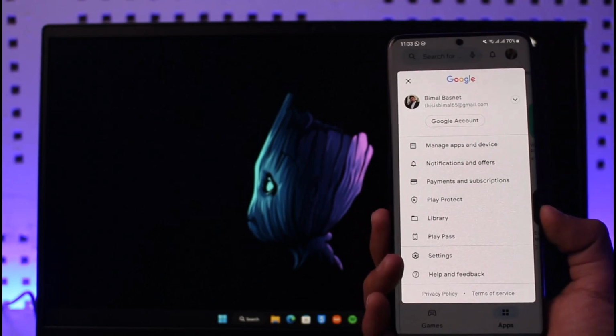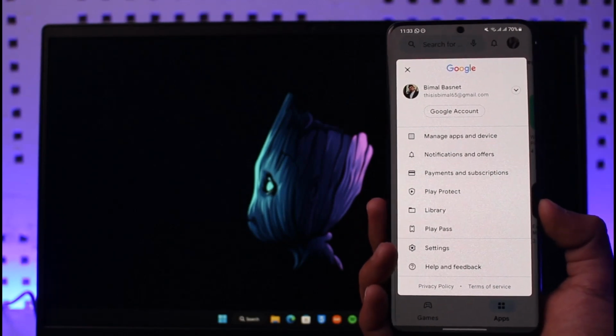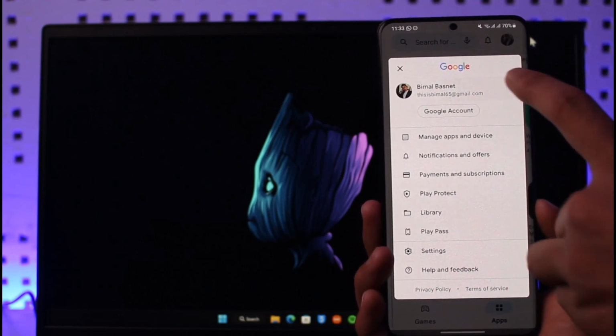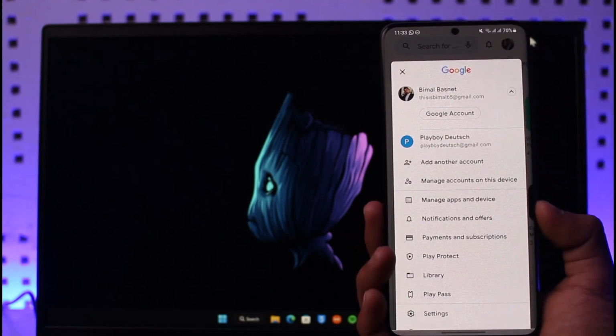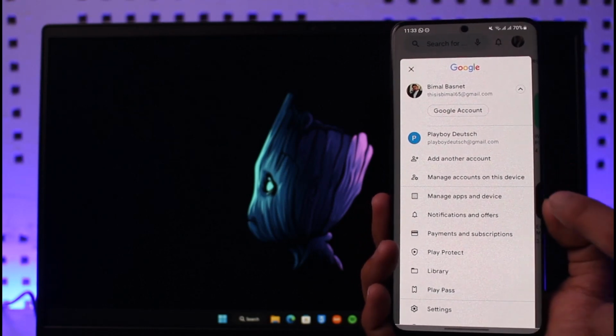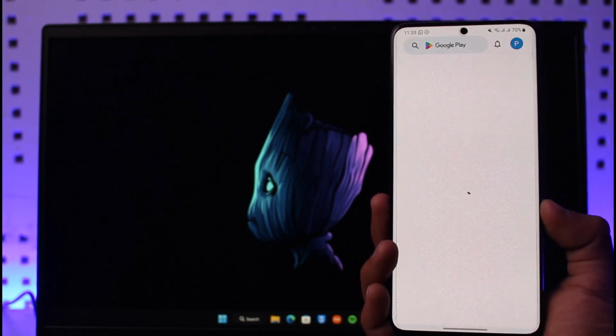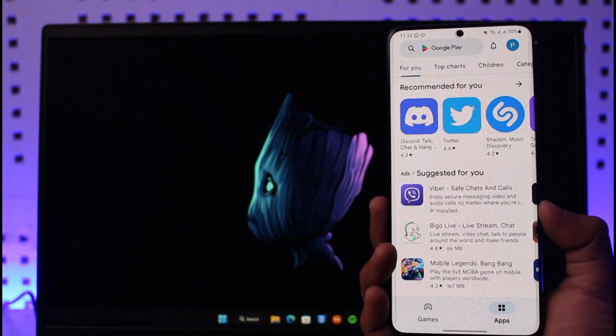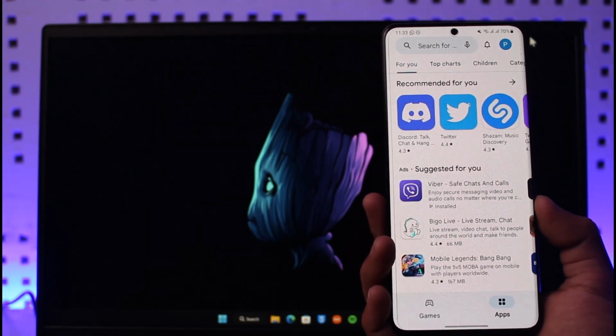the profile icon. To change our payment account, we simply need to switch our Google account. So just tap on the drop down menu, and then you can see I have other Google account I added. If you've not added another Google account, you can tap on add another account and then simply switch to that specific account. Now whenever I want to purchase apps, I can simply use this account in order to change my